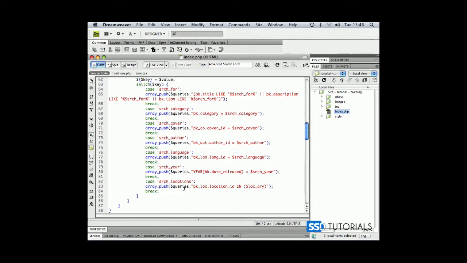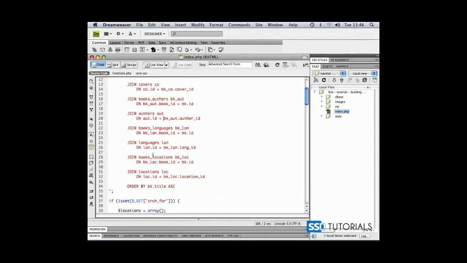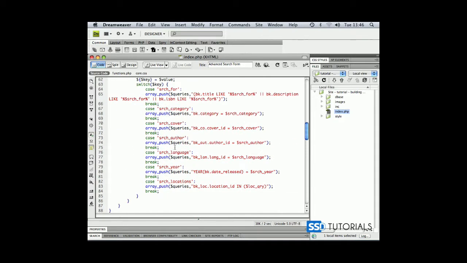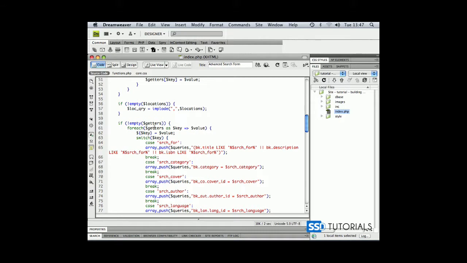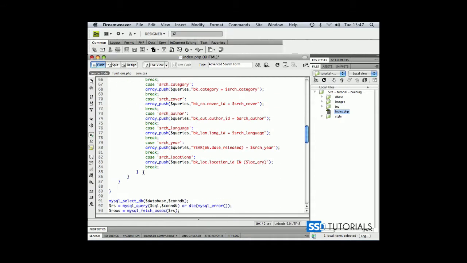Okay, so now we need to join our main SQL statement with all those statements depending on what kind of selection has been made through our search form. So after our if empty getters statement, create a few new lines and start typing another if condition. If is an empty array queries,